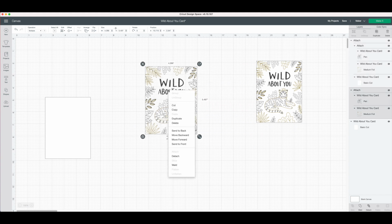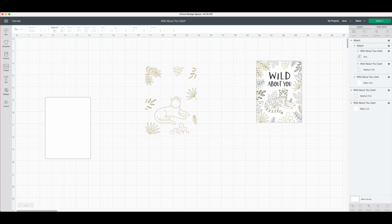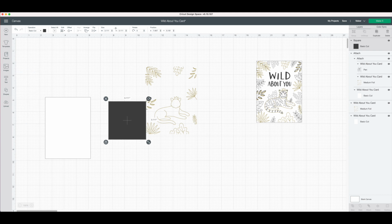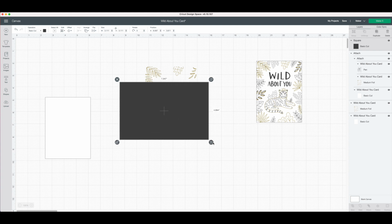All right, this piece, I'm going to right click on this one and choose Detach and separate the 2 pieces. You'll see a black layer and a gold layer. The gold layer is the foil. I'm going to delete the black piece. Left hand side toolbar, I'm going to click on Shapes, grab a square, bring my square over. All I want from this piece here is that upper right leaf. So I'm going to take my square, cover up a lot of the image here,